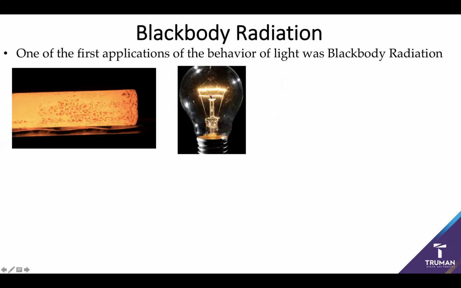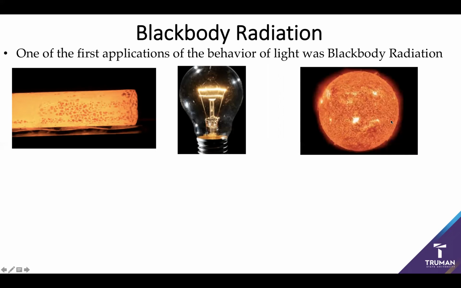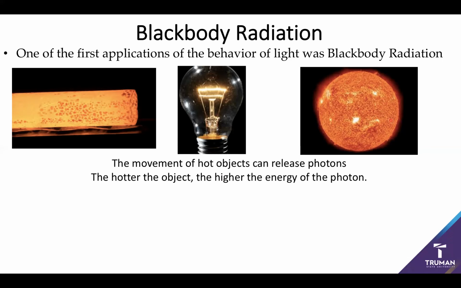Go halogens. And of course, we have the largest blackbody emitter in the solar system, the sun. And one of the reasons why the sun glows is because it is just so hot that it starts emitting photons. And the basic idea behind blackbody radiation is that as an object heats up, we have all these